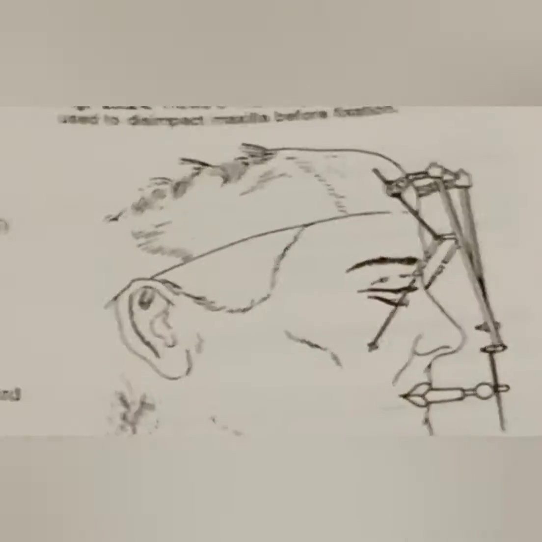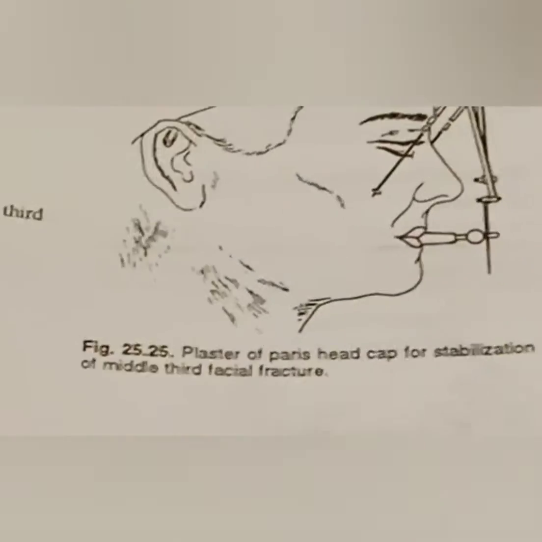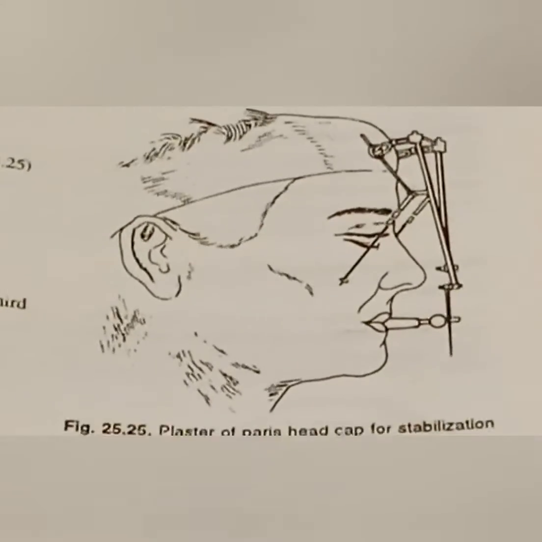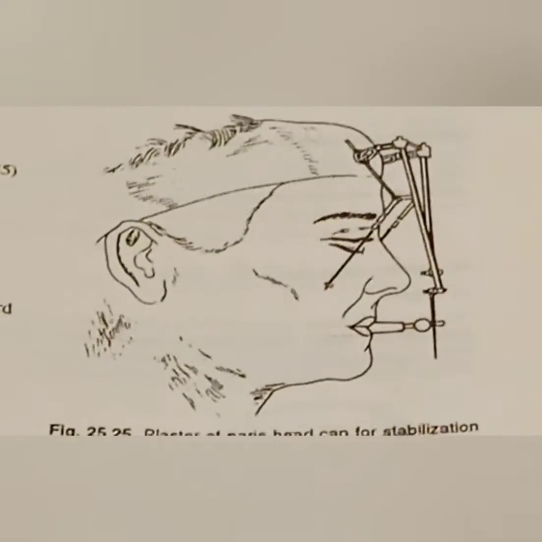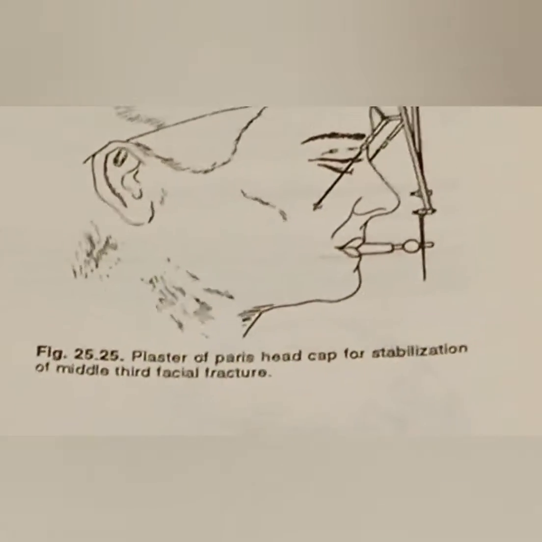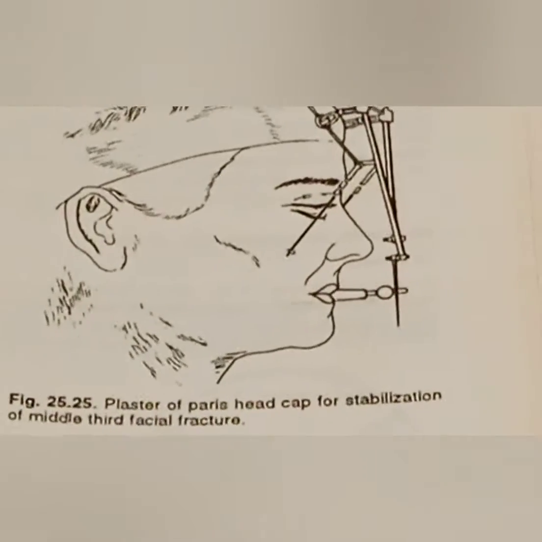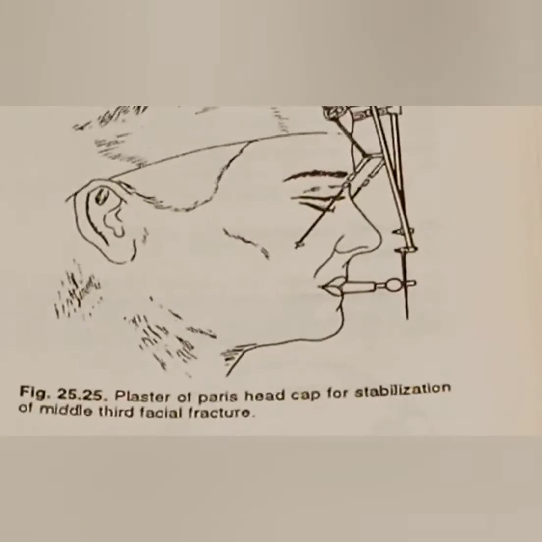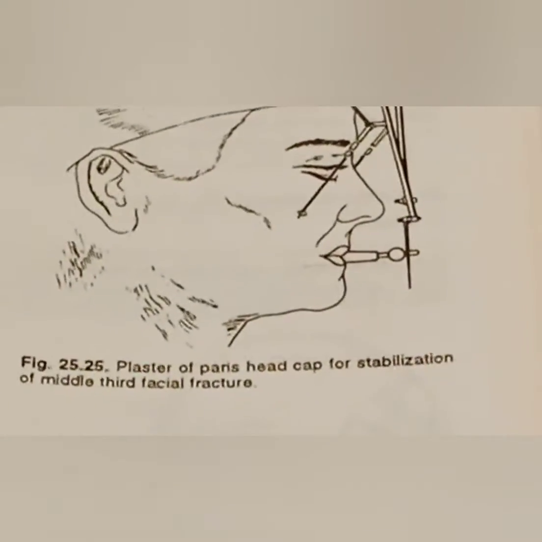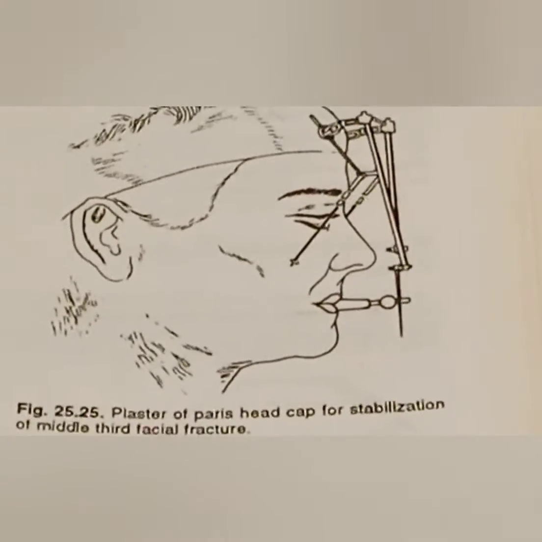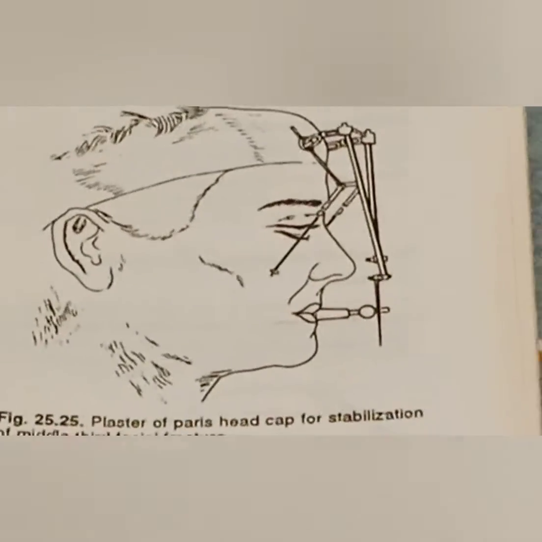Now we are going to talk about the other treatment plan, which is used when surgery, that is open reduction, is not possible. So we are going to use different treatment plans. That is, we are going to place a halo frame on the patient for proper fixation, and a plaster of Paris head cap for stabilization of the middle third fracture. However, these methods are obsolete and are not used nowadays. Only in patients where surgery is not possible, you are going to use the halo frame, box frame, or plaster of Paris for the stabilization of middle third fractures.